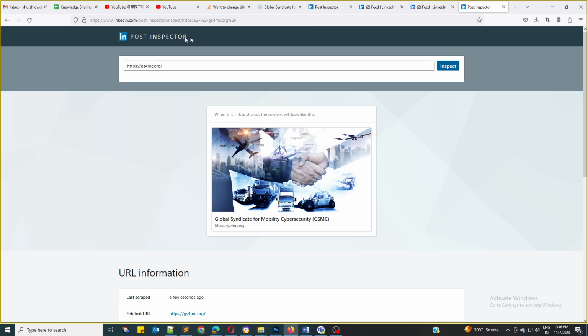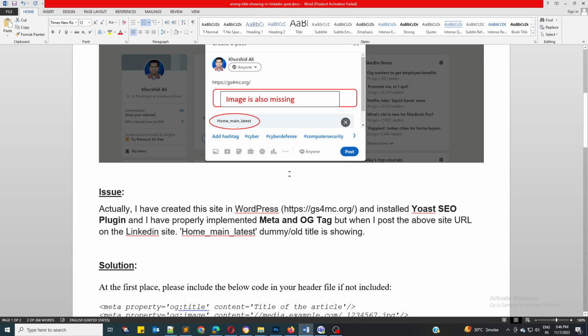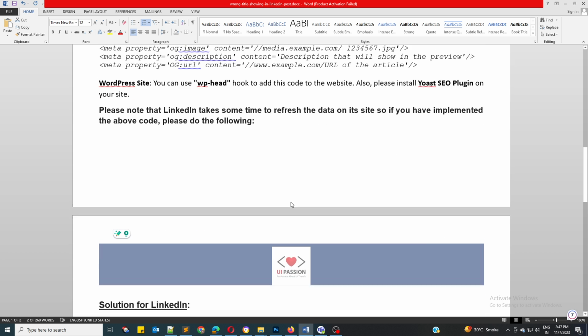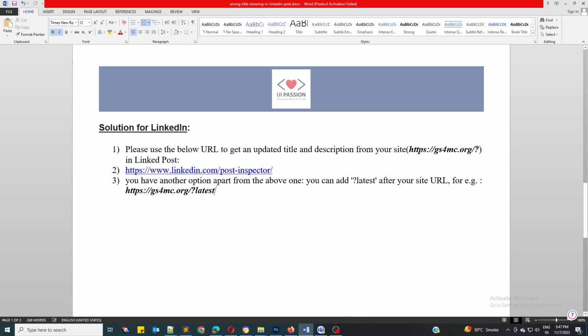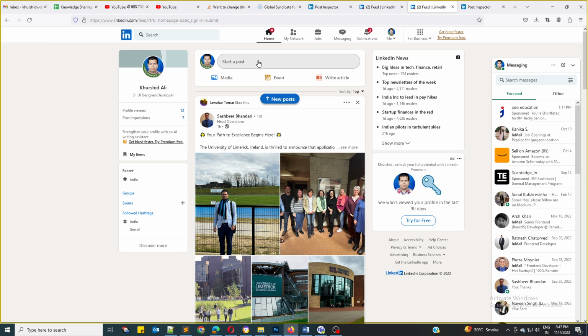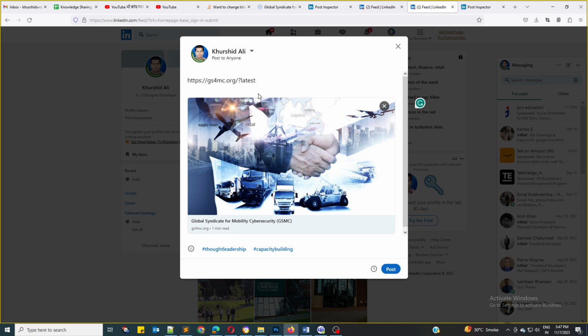Either you go to the LinkedIn post inspector URL, or you can pass it as a query string like this. Either go to this URL or pass the query string directly in your URL. Data will also refresh by using this method.